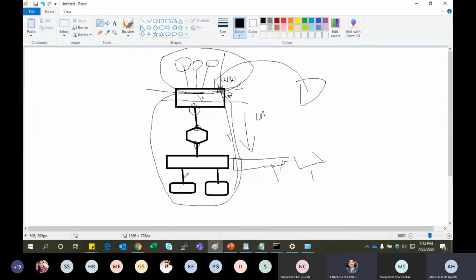So what will the switch do? The switch knows the MAC address of this machine. This is the MAC address of this machine, the second one is the MAC address of this machine, and also the router is connected to this switch port, right? So this router's MAC address is also there. Maybe this port is 1, this port is 2, this port is 3. In port number 2, some device is also connected. So the switch knows all these 3 devices' MAC addresses.